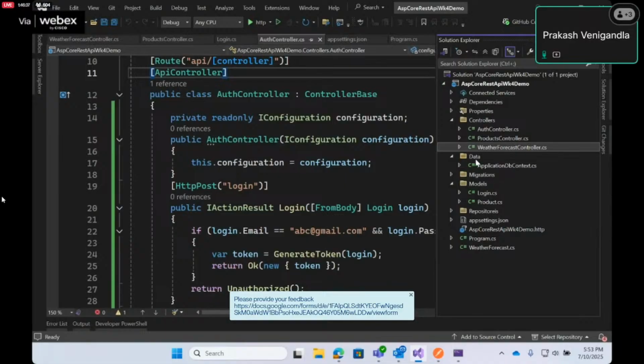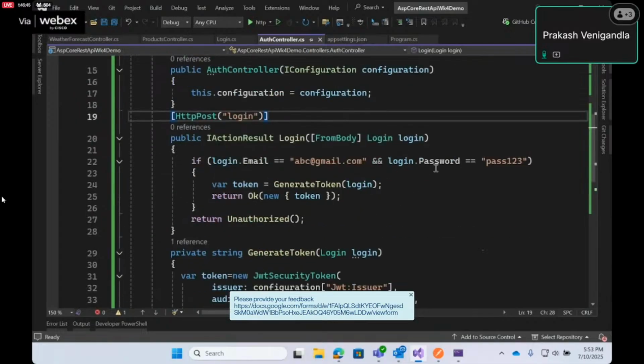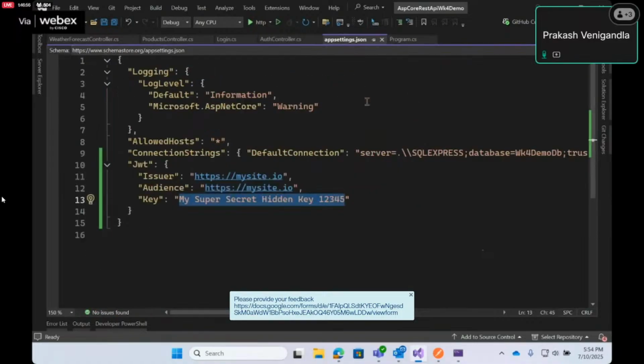Then we can add it with a database. We can check, then how to configure this and how to generate a token. Then what information the token will contain. So in this example, actually, how to define the